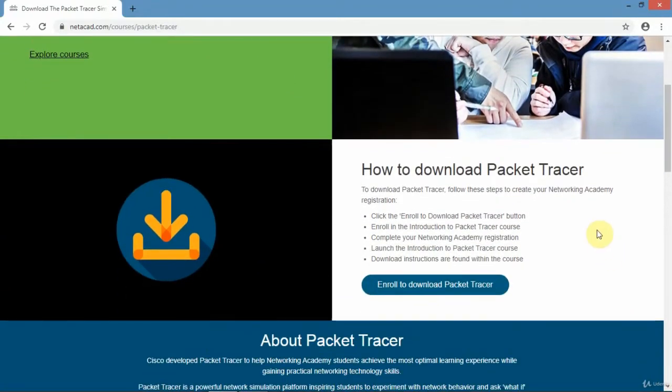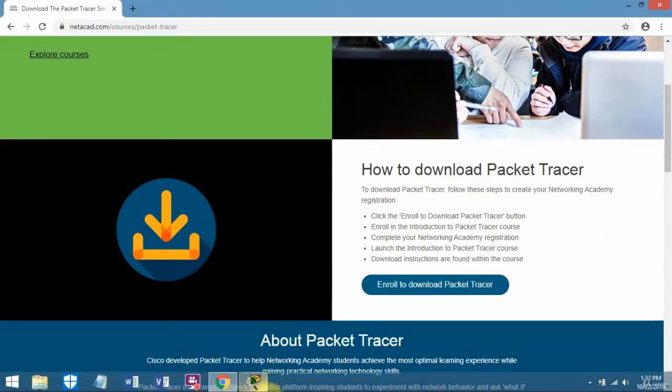And if you don't have a copy of Packet Tracer, you need to register with them, and that takes around 5 minutes to do. It's pretty easy to do, and they'll enroll you in an Introduction to Packet Tracer course, and it's a little lengthy, and you can complete it at your leisure, but it'll give you the opportunity to get a download of the current version of Packet Tracer that you can use for the course. And once you get that downloaded,